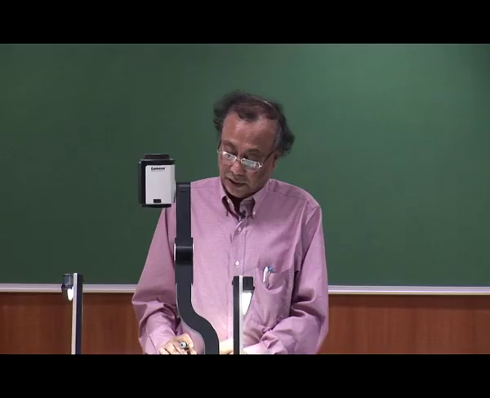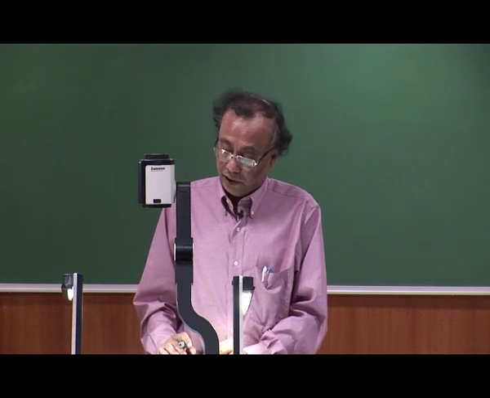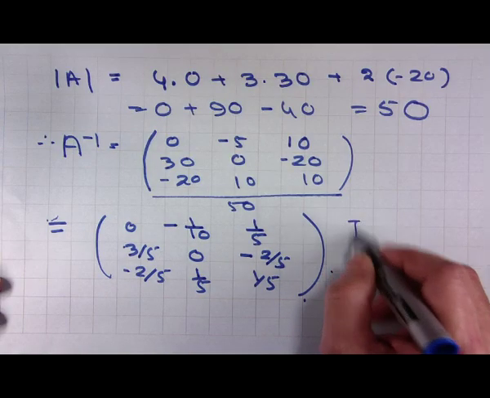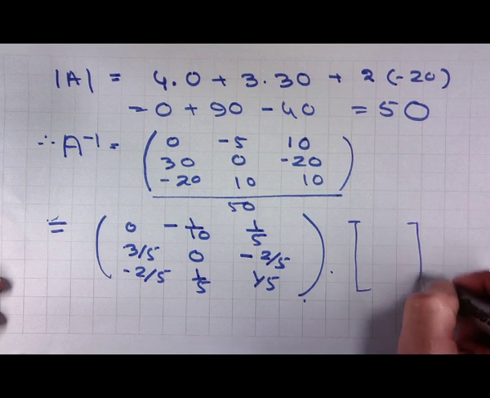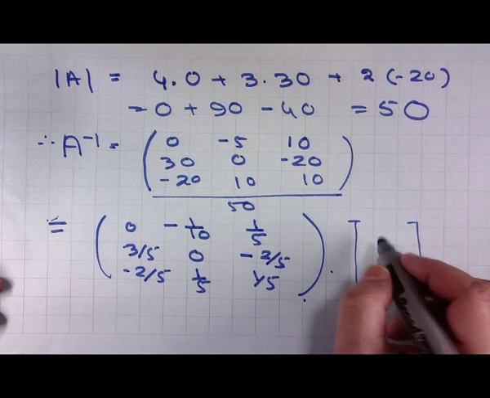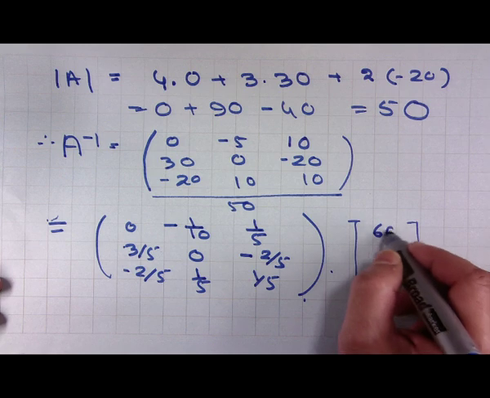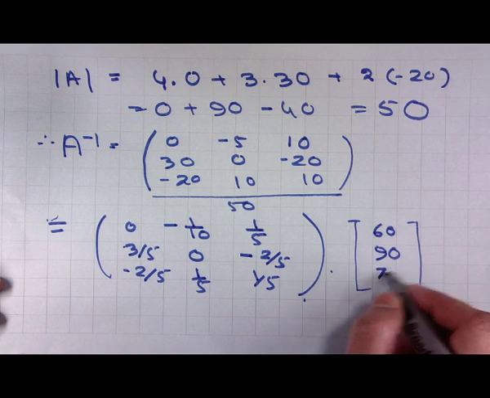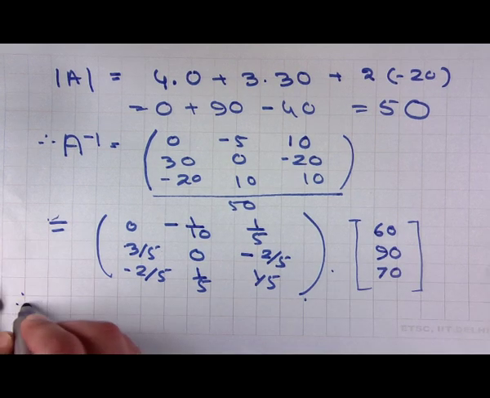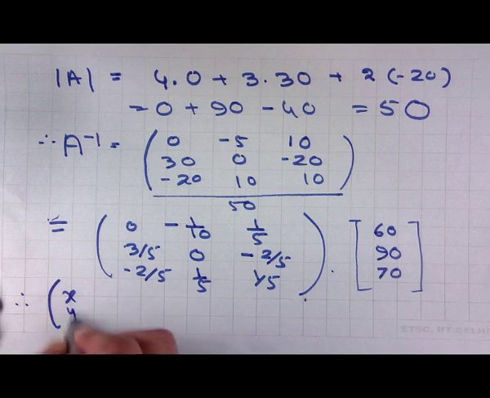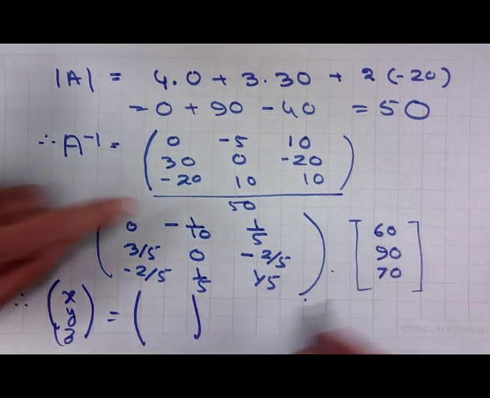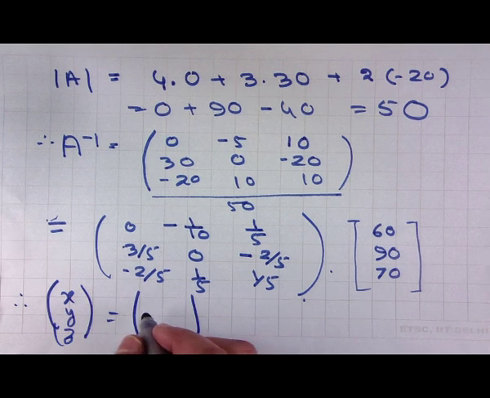Therefore, the solution of the equations we can get by multiplying this A inverse with the B vector, which is given to us as 60, 90 and 70. Therefore, x, y, z is equal to the product of this with this, and that comes out to be